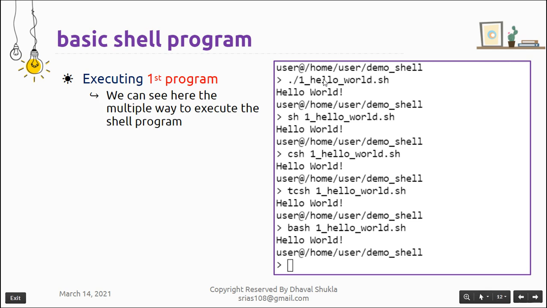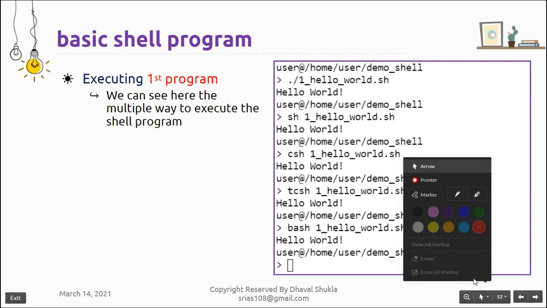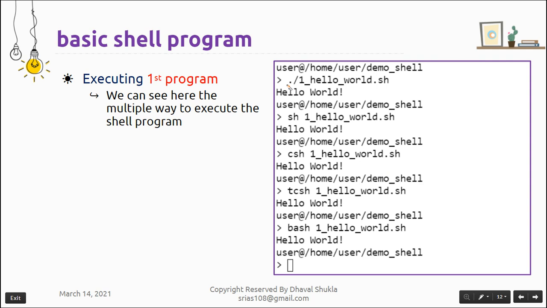Now we are executing this first program. There are multiple ways to execute a shell program. Let me take the marker. We can pass dot forward slash, so this is the first way, meaning this file is sitting in the current directory. Since it is executable, when we press tab after 1_, the full name is written automatically.